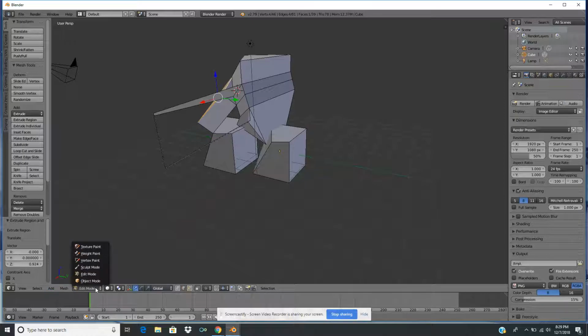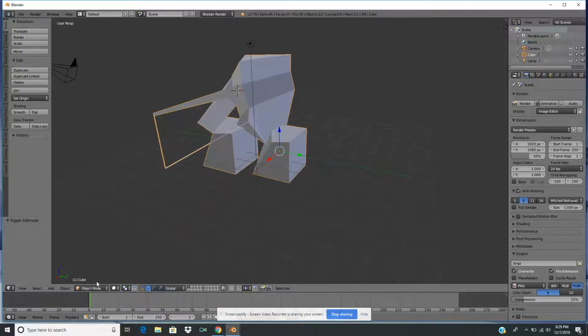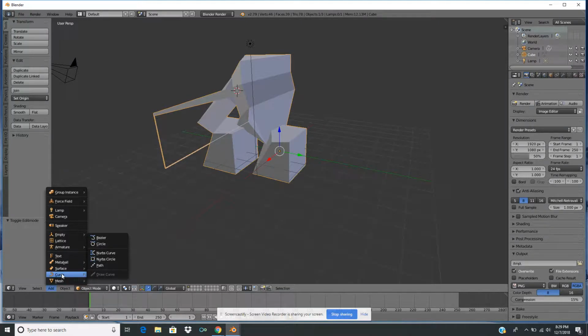okay, so now I need to be in object mode. I go into object mode and I go into add geometry over here, and I'm going to go into curve, and I'm going to